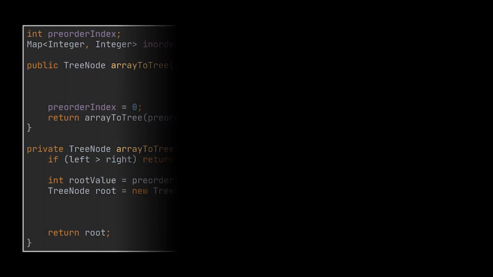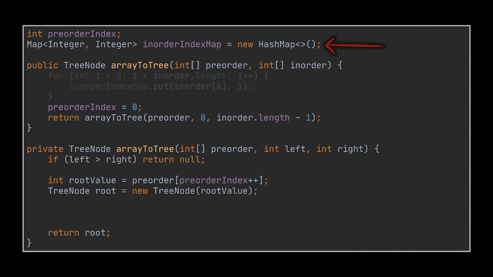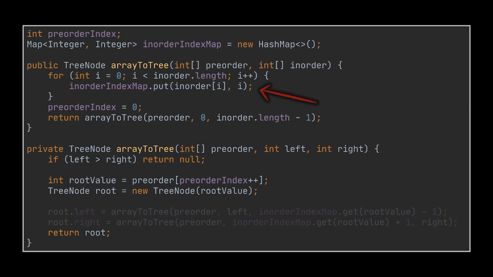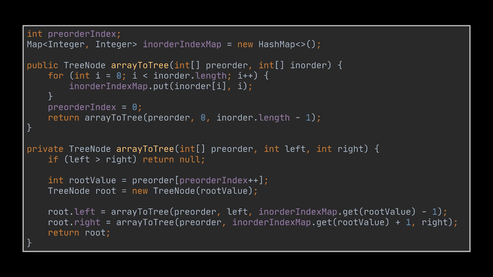So let's go ahead and initialize a map. Inside this map, we will store all in-order values alongside their corresponding indices. This will be done once and once only before we invoke the recursive method. Now, inside the recursive call, we don't need to iterate over the in-order array again to fetch the root index. We don't even need to pass it to the recursive call. All we must do is fetch it from the map via the get method. That's it, the complete, optimal solution to the problem at hand.